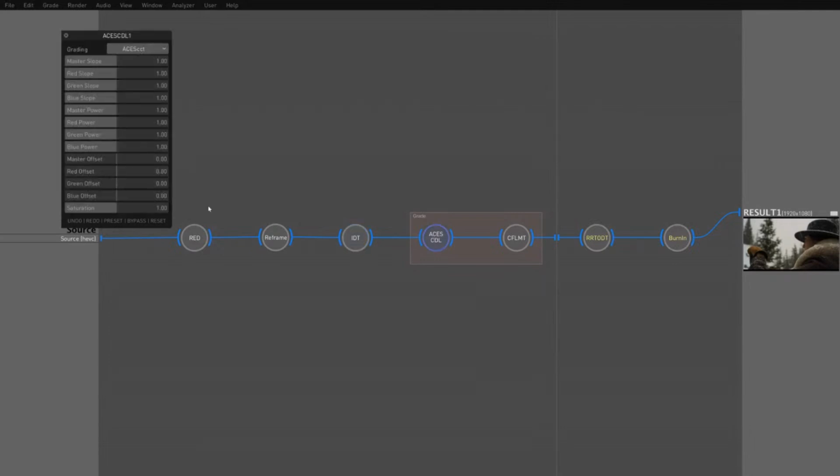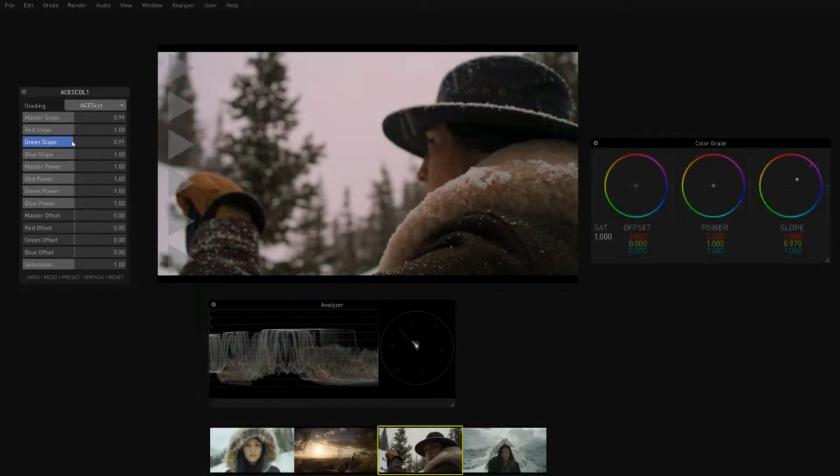Then you've got your ACES CDL. And so we're in ACES CCT, but I can also change what grading space I'm in. So that's the volume or the grading space that you're turning the knobs in. So when I adjust green, it's adjusting green. And as you see on the image, again,